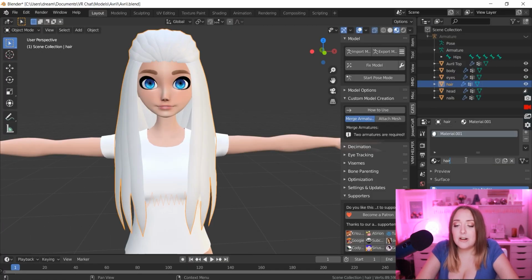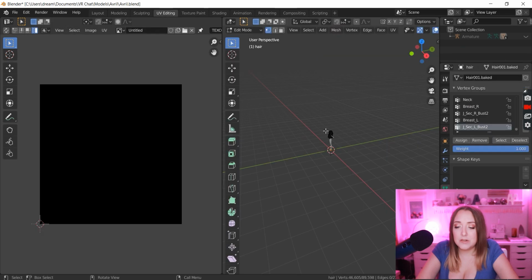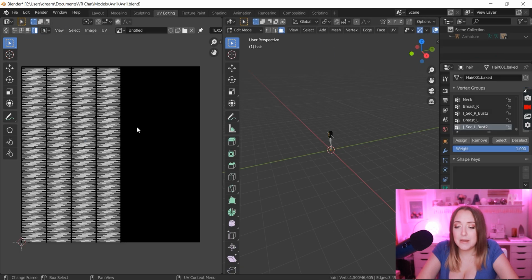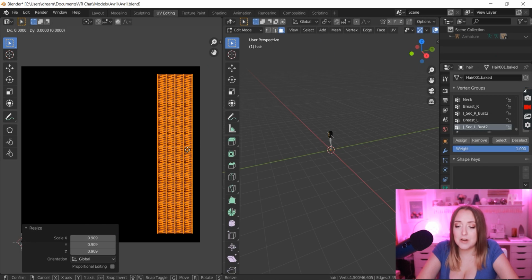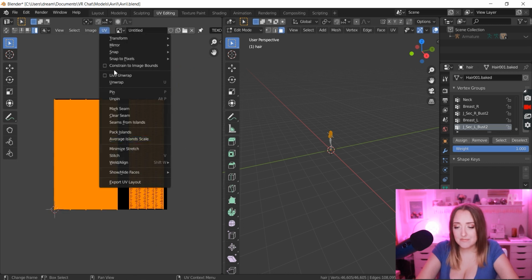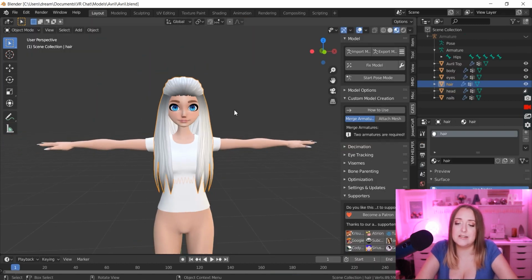Now I'm going to work on the UVs of her hair. So I'm going to take her hair, and I'm just going to select the one little piece in the front that I want to be pink, and I'm going to move that over so that when I create the UV texture, I can make a pink strand in front.